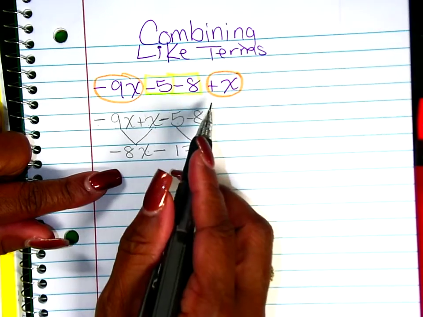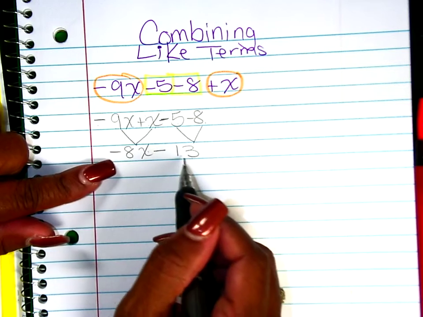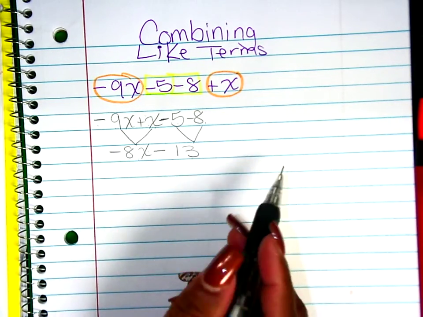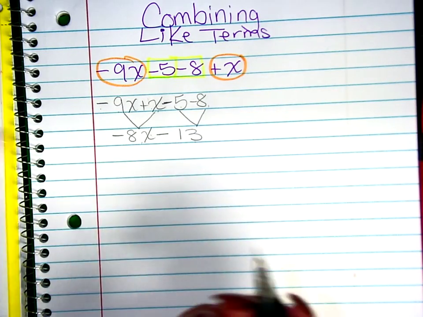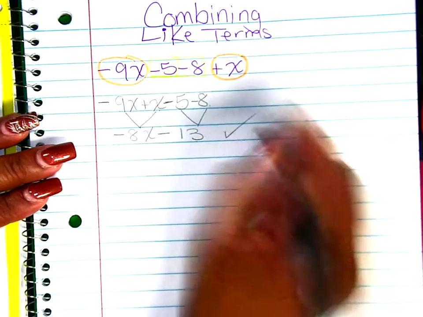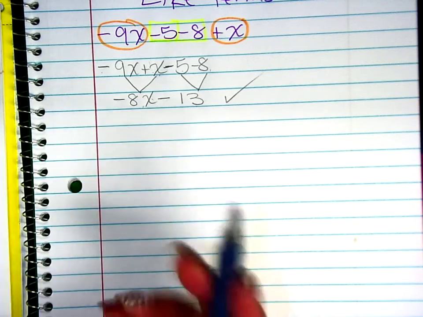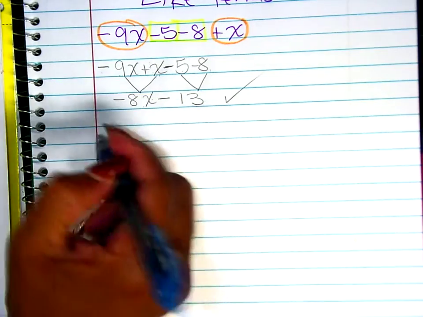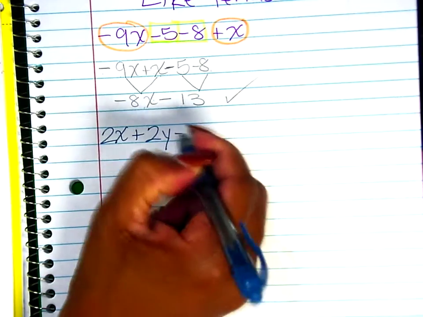The expression is in its simplest form because there are no parentheses and there are no like terms separated. So we have now a binomial here in its simplest form. Bam, that's the first example, okay? So that's done, check. Next, the next example that I would do, I'm going to write 2x plus 2y minus